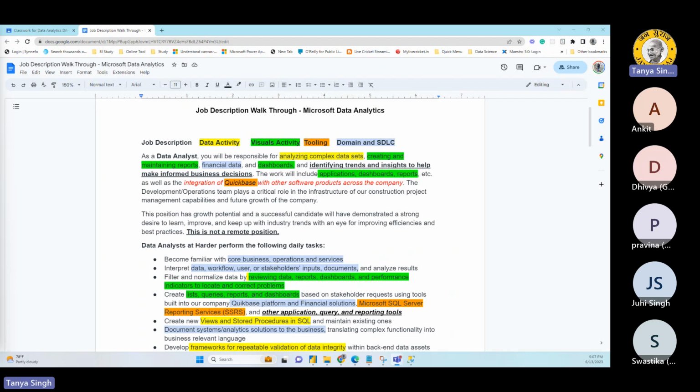Going forward, in all the sessions we'll go through everything in great detail, and I am pretty confident that at the end of this entire series, you will be able to do everything yourself, right? So this is a very high-pace overview of what you need to do and the things we work on as a data analyst. The tool we are going to use in this session is Microsoft tools. The tool may change, right? Around 100 plus tools are available for data analytics, so it's hard to find the same tools in every job. If you learn one tool and you get that job, that's good enough.